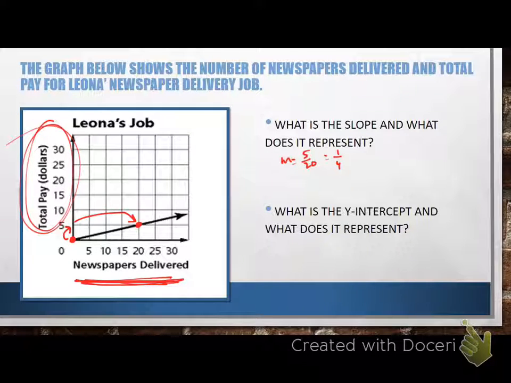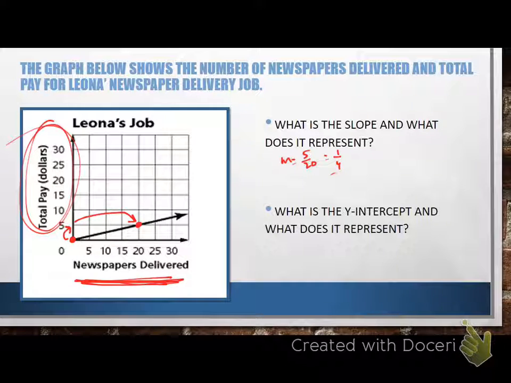Remember that the numerator gives you your rise, and rise is your up and down. So this numerator is your y direction. The denominator tells you how far to run, and run goes left and right. So this is your x direction. So when we interpret a slope, and we can do this every time, we interpret this the same way every time. And the way that is we can say that for every denominator, we get a numerator, right? So in other words,